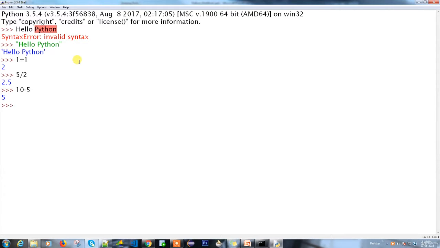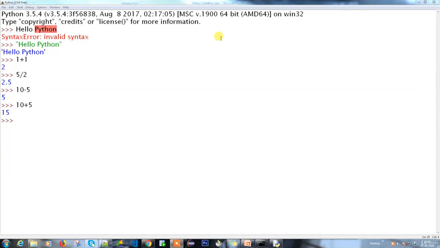In the shell, whatever you are doing is just temporary. You can put 10 plus 5, so it is 15, but it is just temporary. You cannot use the 15 anywhere else. This is where the variable comes into place. We are going to discuss variables briefly in the next video. Here I'm just showing you what things you can do. So what else can we do here?